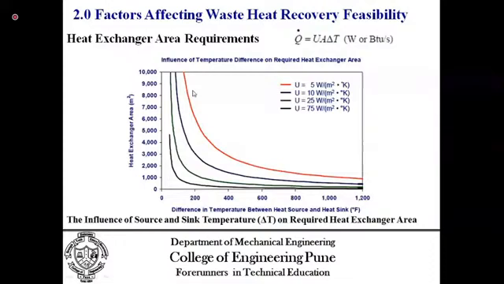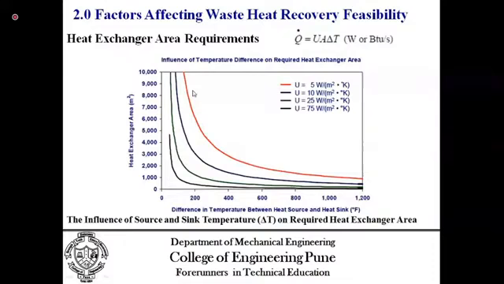So if you want to increase the heat transfer coefficient, you have to play with this. It is very difficult, because if you go for increasing the heat transfer coefficient, you have to increase the Reynolds number, that is velocity, and then the pumping power is increased. Hence, there has to be an excellent economic balance achieved while playing with this, and hence it is important to see the relationship between these three, that is surface area, overall heat transfer coefficient, and the temperature difference.